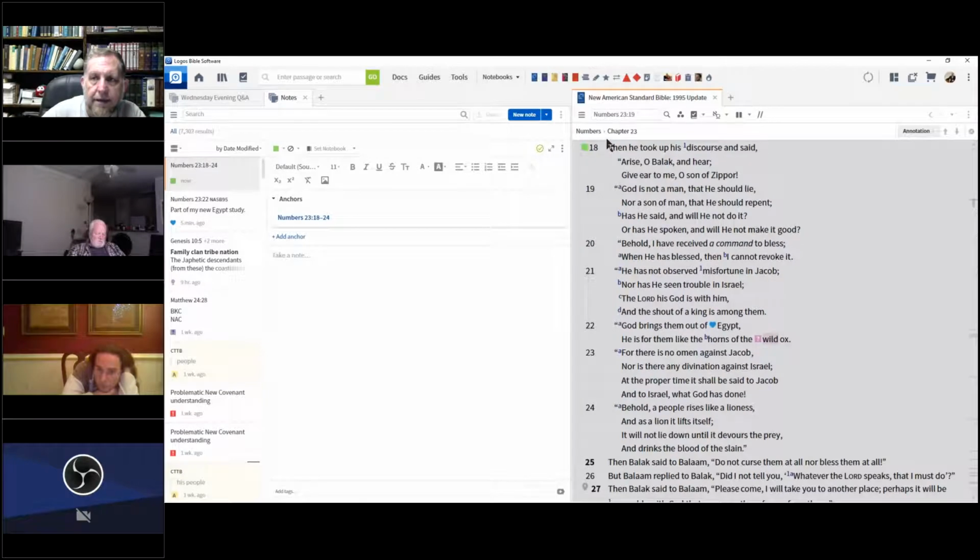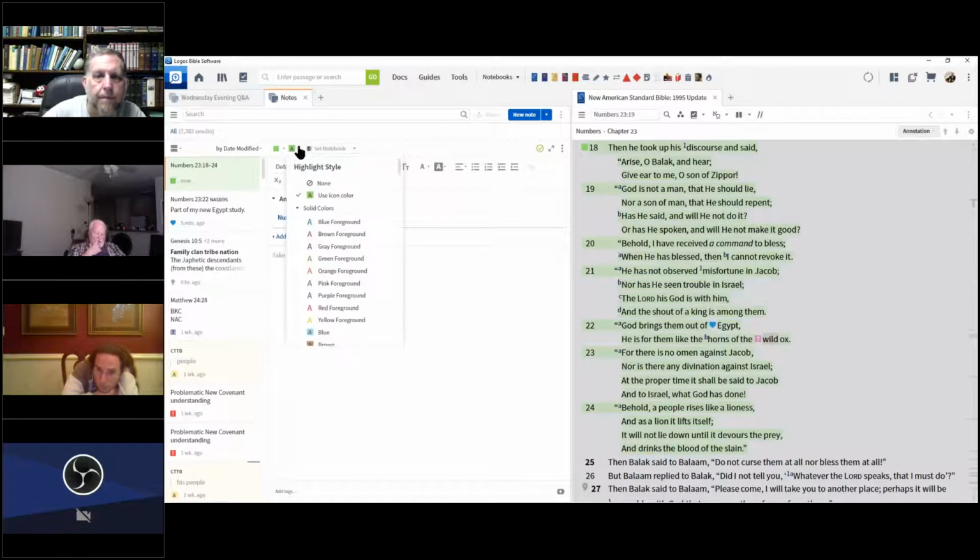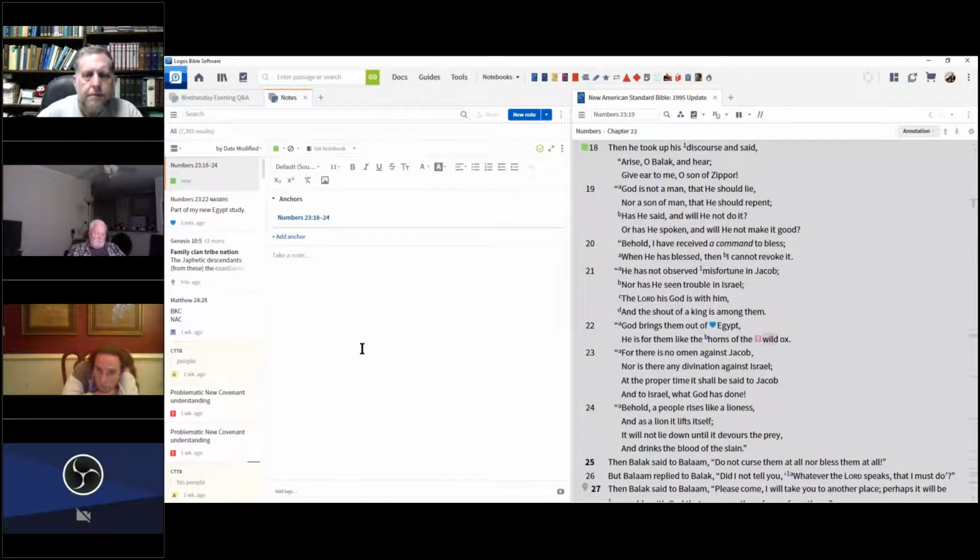Instead of being a note that's attached to verse 22, now you've got a note that's attached to 18 through 24, which you would see if you highlighted it with the icon color. So yeah, anchors can be really important. I think I do a lot with anchors. I do a lot with multiple anchors inside the same note,